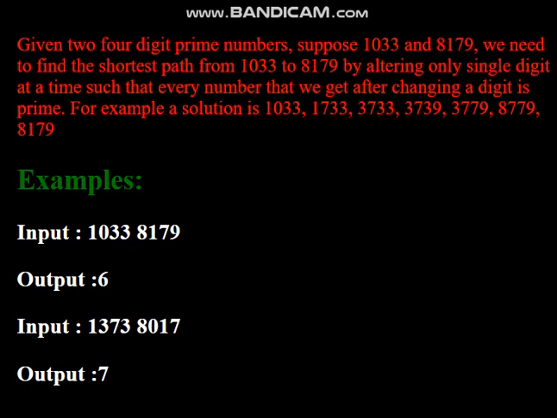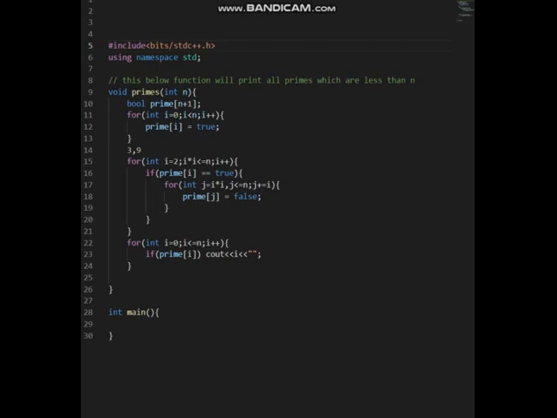Now I will open Visual Studio Code to show you. This was the code to find the primes less than a given number. Here our first problem is to find, if we take two numbers, whether they are prime numbers with only